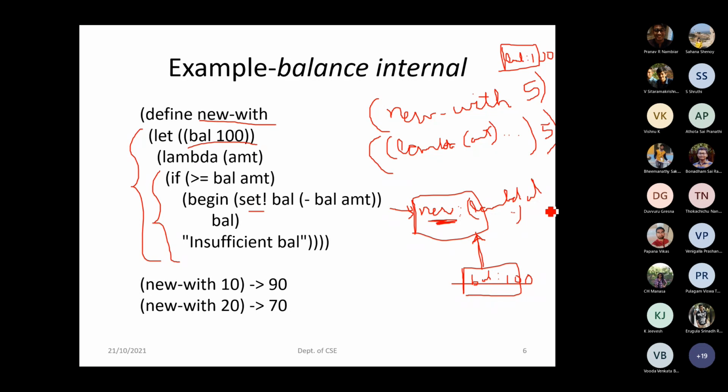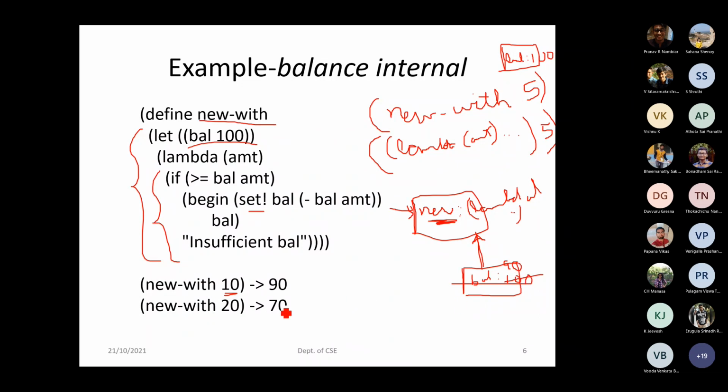And whenever you pass a value for amount, say 10, it accesses the balance here, that is set balance, balance minus amount. What is the balance value? Which is 100. So 100 minus 10 it does, and it makes it 90. Where does it make it 90? At this particular location itself, 90.